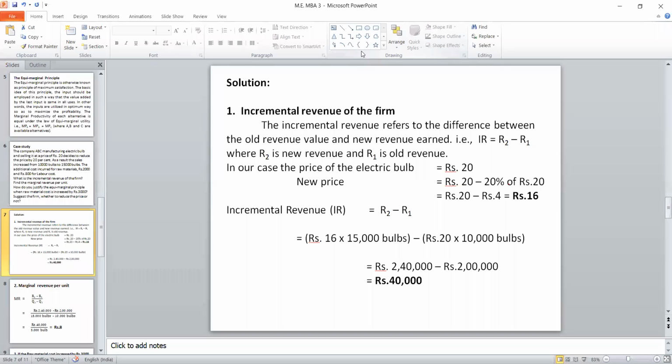Now coming, it is 16 rupees only. Because of the 16, the sales increased from 10,000 to 15,000. So 16 into 15,000 minus 20 into 10,000. This difference will give the incremental revenue. If you multiply 16 into 15,000, it is 2,40,000. The old actual revenue, 20 into 10,000, is 2 lakhs. So what is the incremental revenue? It is 40,000. Because of the price change of 20% on the bulb, we can additionally earn 40,000 rupees